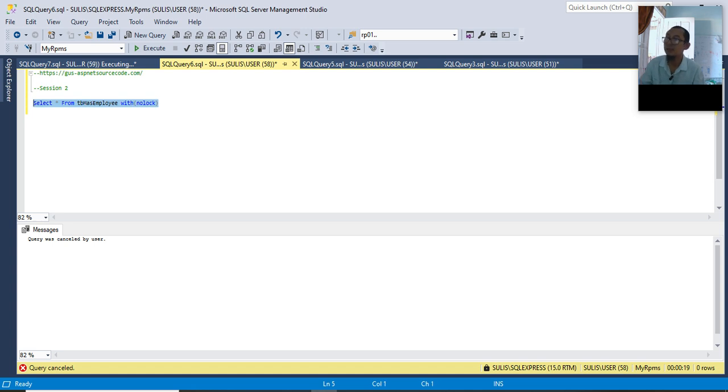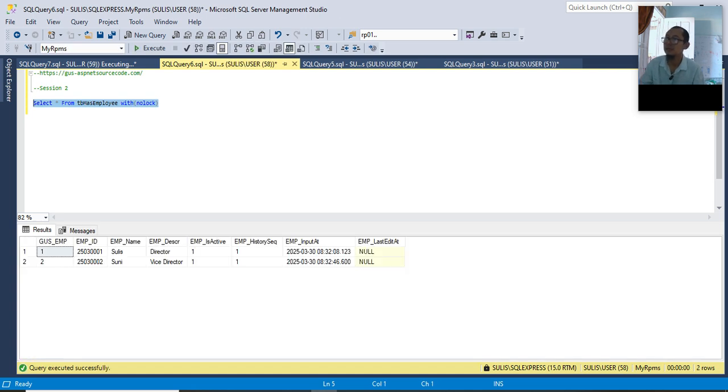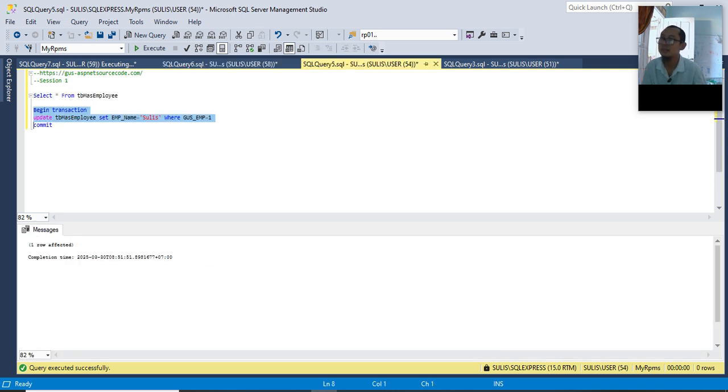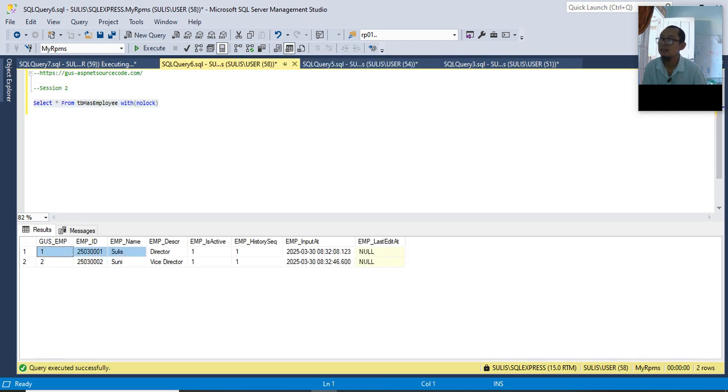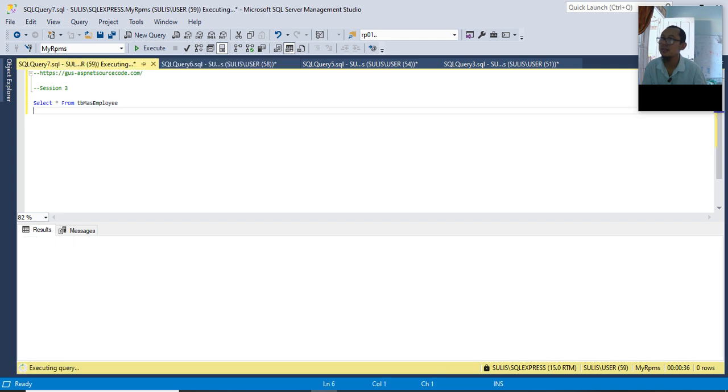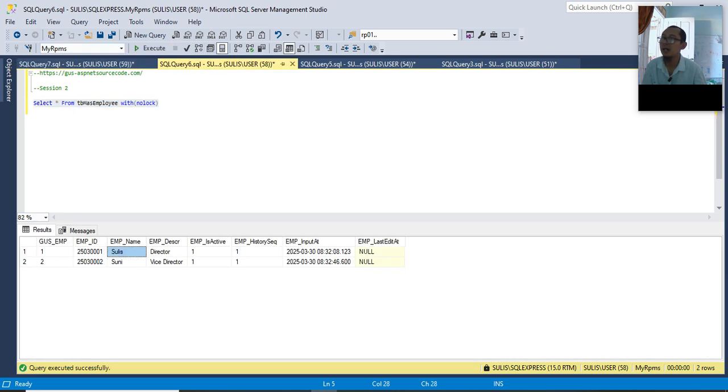Let's check the data. Okay. We have the data that is being processed. The data is already updated. You see, the data is updated. This is still executing, waiting for rollback or commit, but I can add with no lock.